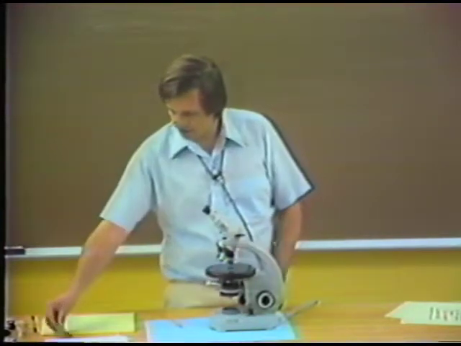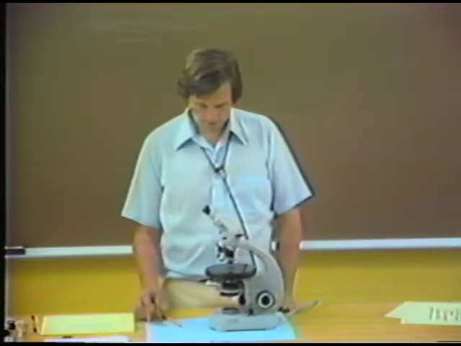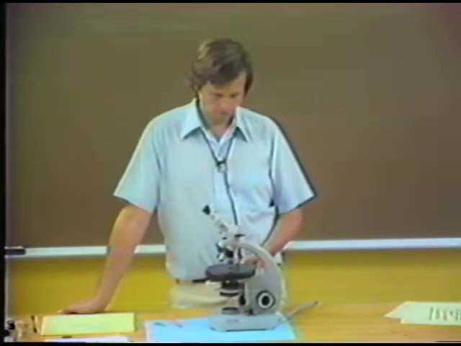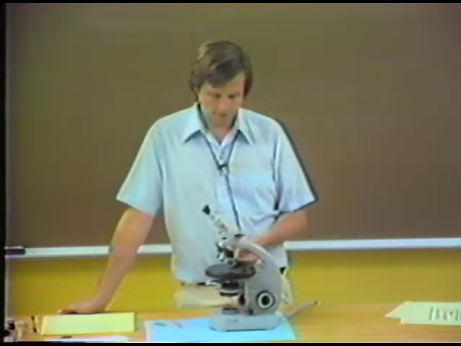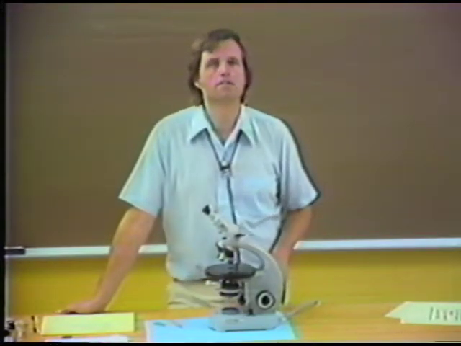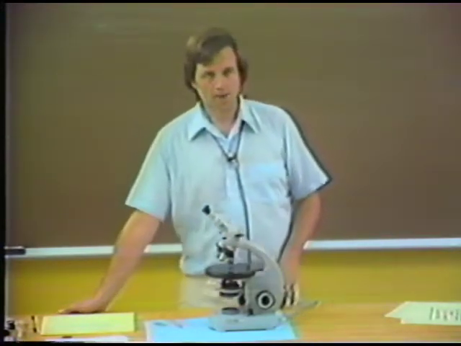Another property of identification that we commonly use is color. Now, color results in minerals when white light, which comes from below the stage of the microscope, is absorbed by the mineral during the time that the light passes through it. And the absorption of light by a mineral results in subtraction of particular wavelengths from the white light and results